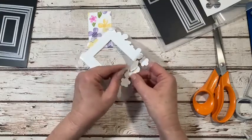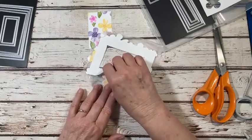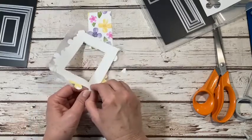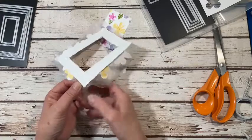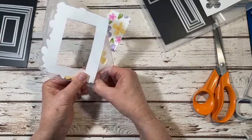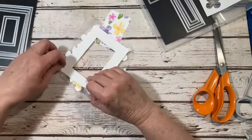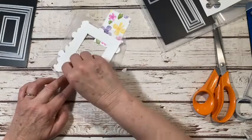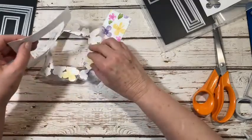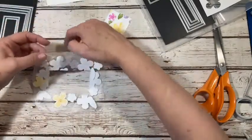Uh-oh. Okay, so my press and seal kind of folded over the back end of this. There we go. All right, there we go. All right, so this is